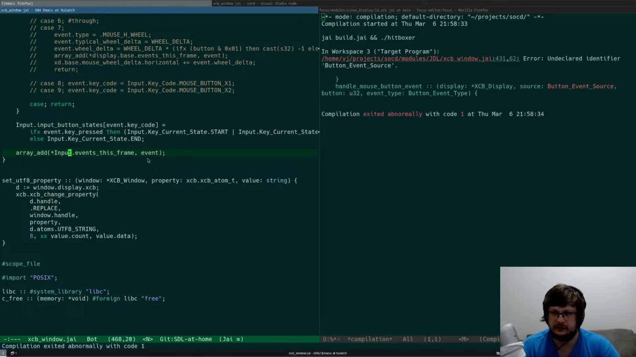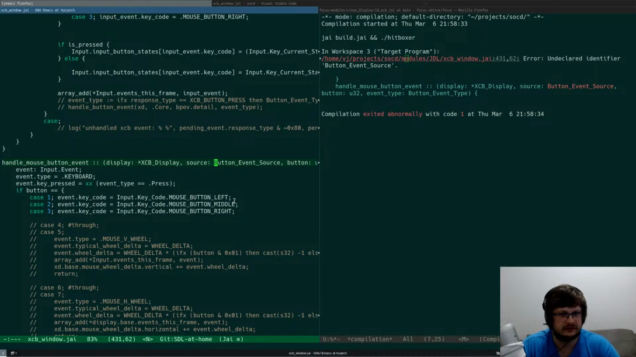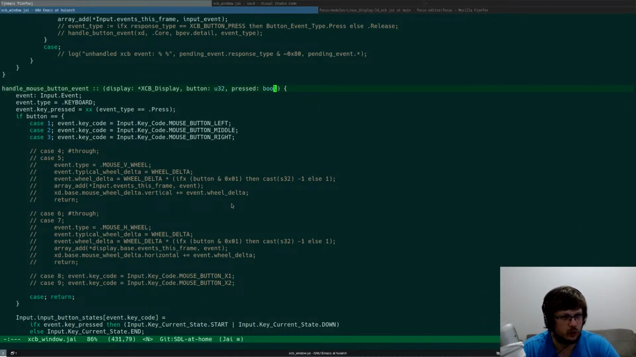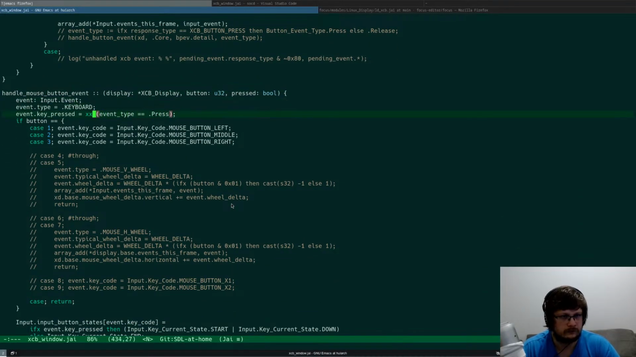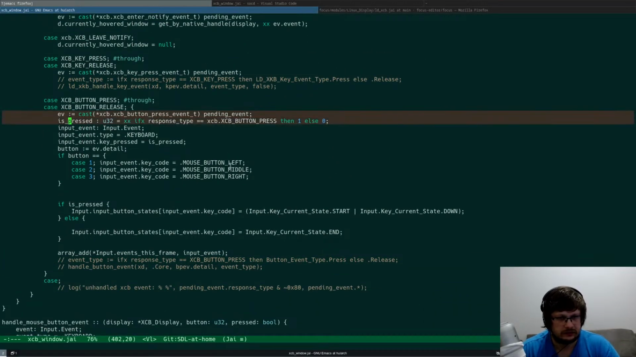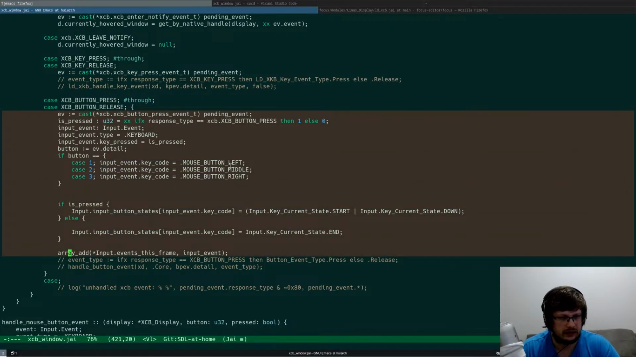Do we still compile this? I don't think so, because we don't have button event source. And button event source is core or not core, so I don't have that. And I guess so. Now, I have it here. I'll just